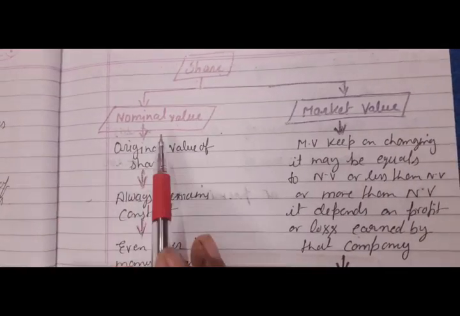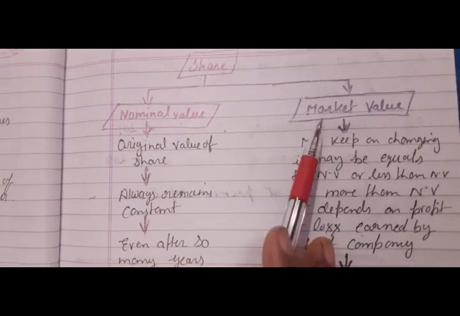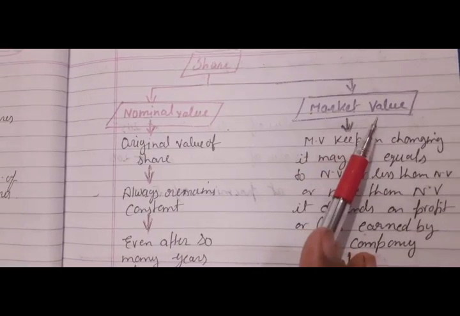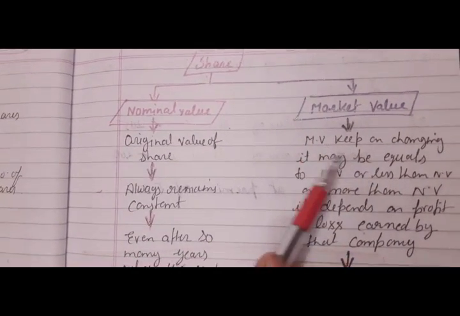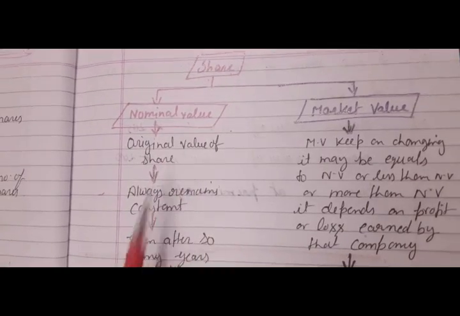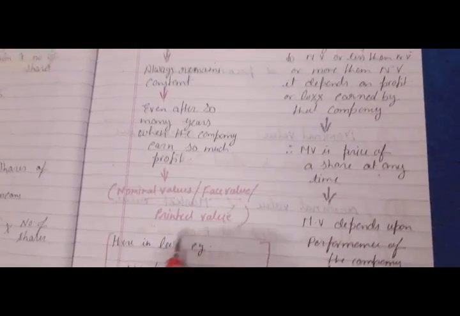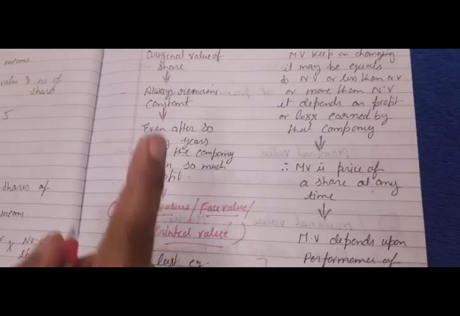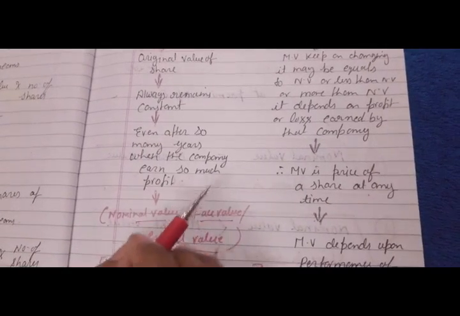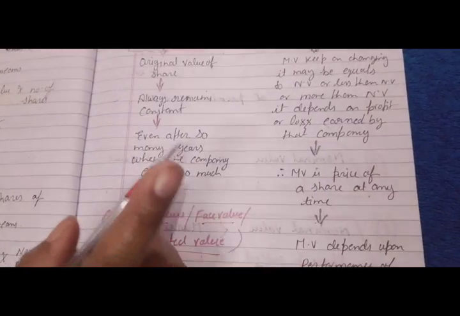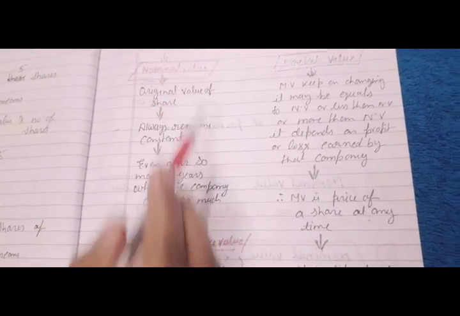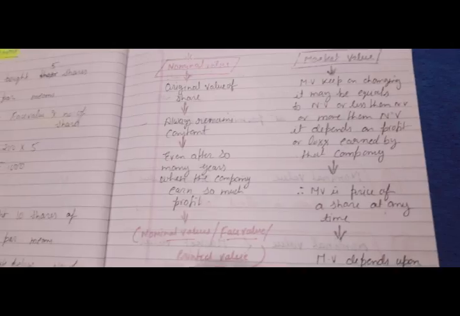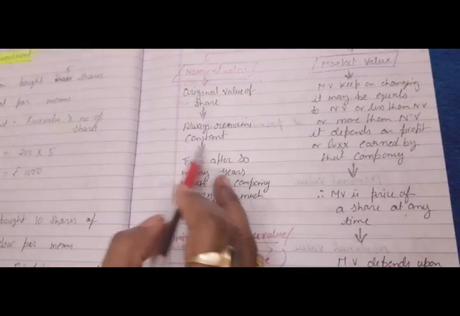In the last example, 200 rupees was the nominal value, while the market value changes again and again. For a few persons it was 210, for a few it was 180, sometimes it is 200. So the market value keeps changing, but the nominal value is also named face value or printed value. These are all the same thing. Nominal value, face value, printed value, all these terms are the same. When the business was started by any person, any businessman, any company, the original value of the share at the starting is named nominal value or face value or printed value. These are all the same thing, and it always remains constant.